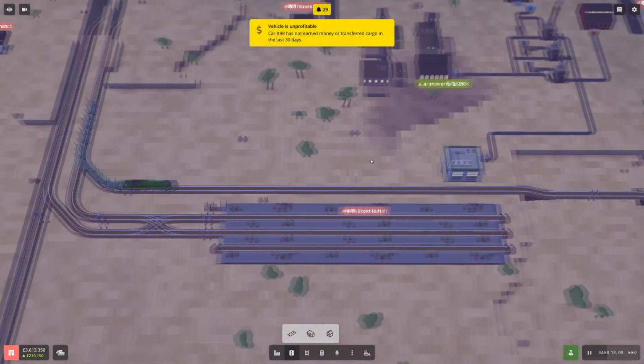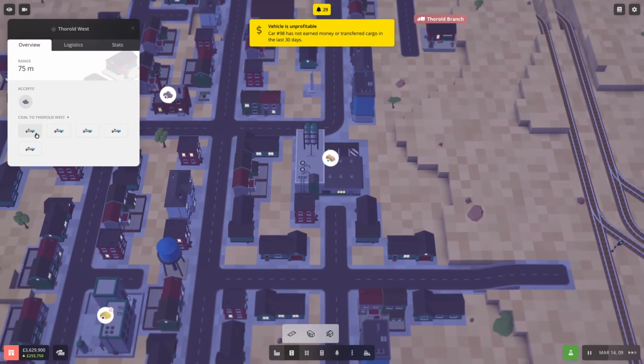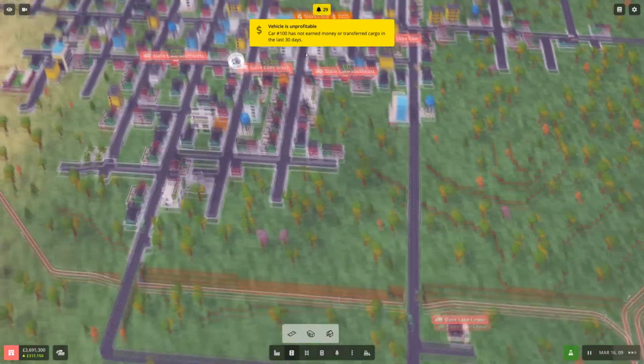But what we can do now is, who's delivering to here? Where are you guys picking up? Okay, so you're picking up the coal from Moncton West, and I've just noticed the fact that I've gone way